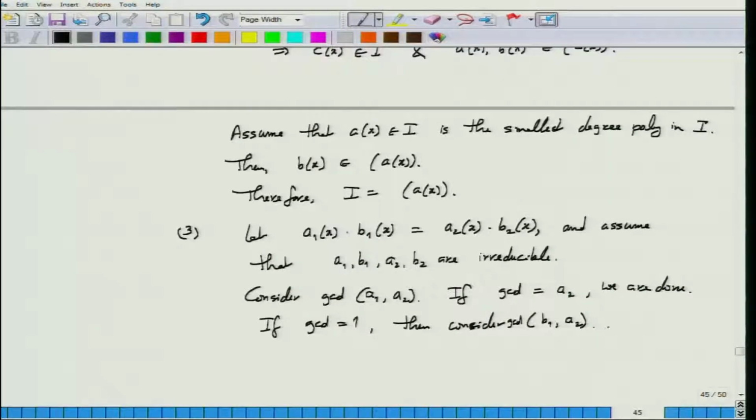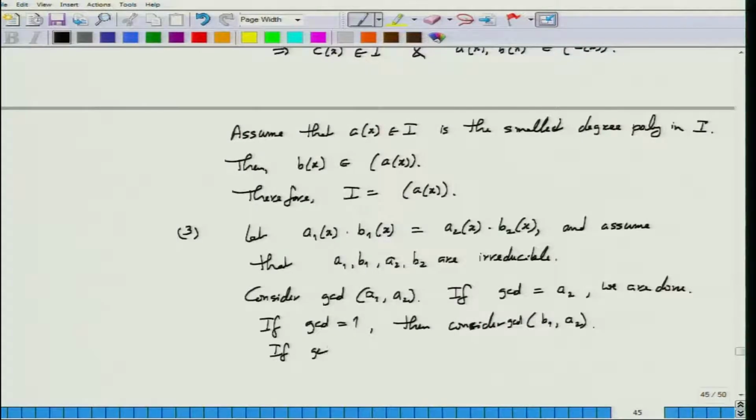Do the same thing. Again, this also will either be A2 or 1. If it is A2, then A2 and B1, since both are irreducible, are just constant multiples of each other. That again we will be done. Right? Otherwise,